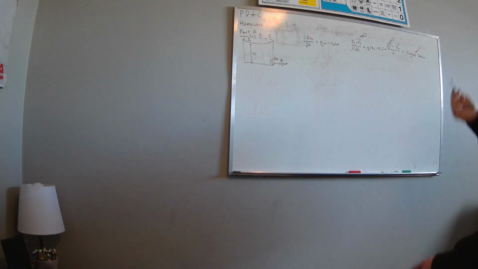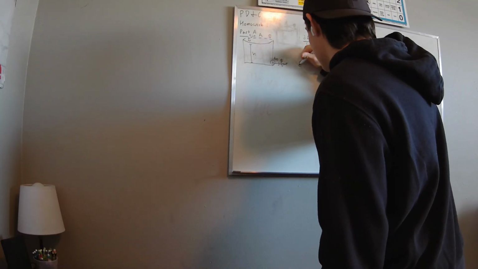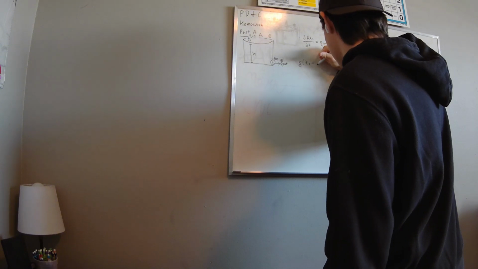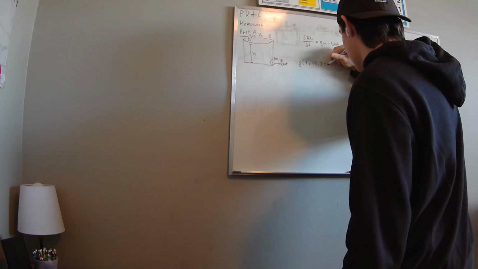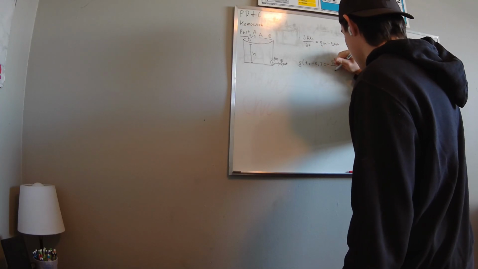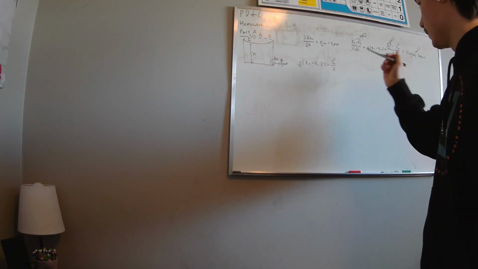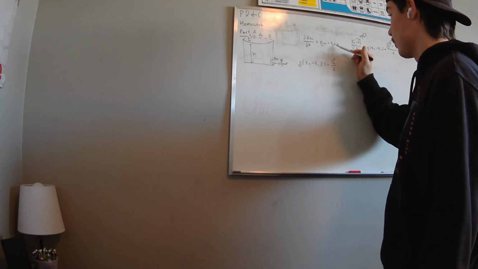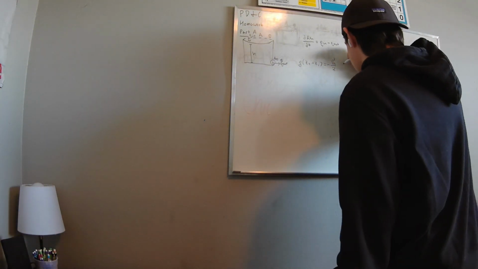All right, so what does this give us? This gives us the gravitational constant times (Z2 minus Z1) equals minus the velocity out squared over 2. All right, what are we going to do with this? We want to solve for V2 because from V2 we can get an expression for our outlet volumetric flow. So if we rearrange this a little bit,